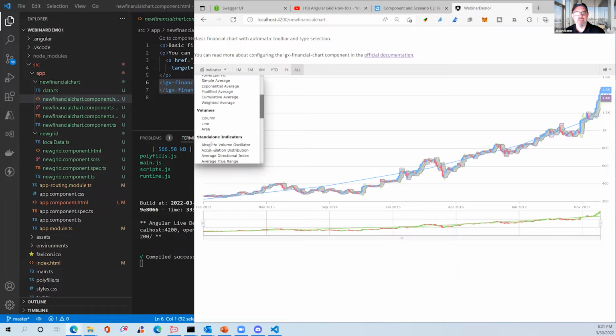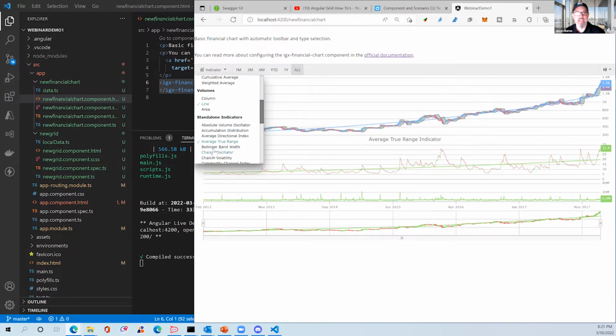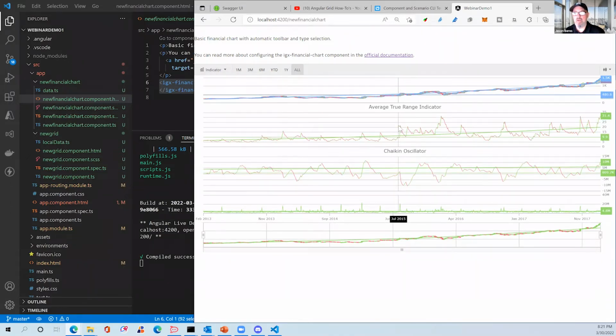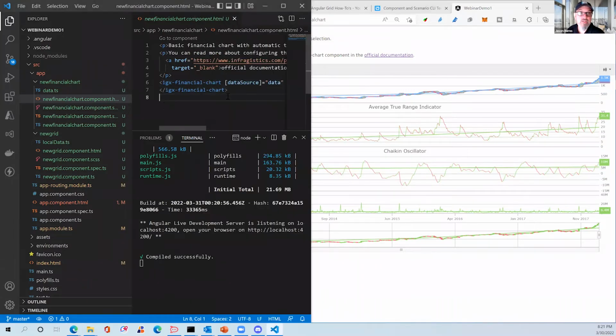We can do a couple trend lines. I'll leave the volume. Well, yeah, let's do a line chart for the volume indicator and do a couple other metrics here. But you can see this is a full featured financial chart, and you didn't have to write any code. All you need to do is bind your own data. Doing remote data binding is going to be another webinar. I have a video on that, but today we're just going to be using local